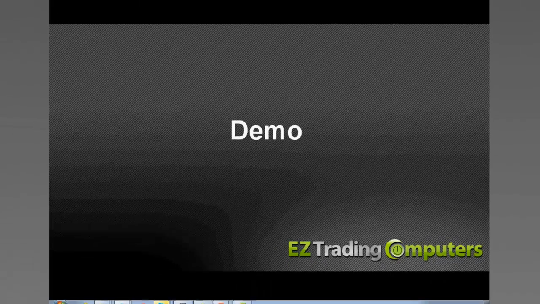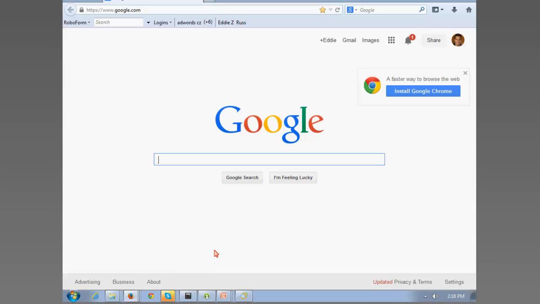So what I'd like to do is a quick demo and show you how you can check if your computer is fast enough for trading. So how we do that is, first, we're going to check your computer's processor. What processor do you have? So the